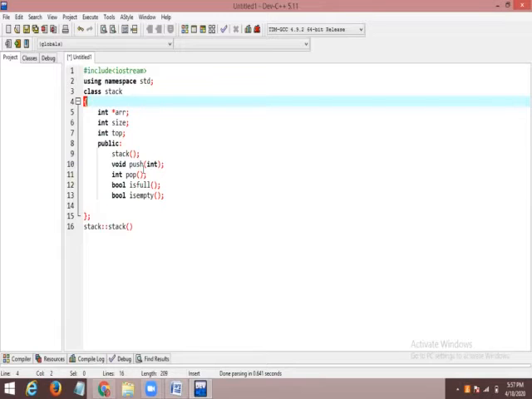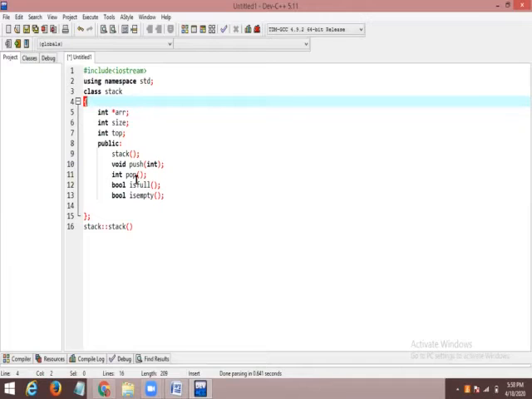Why push and pop functions? Just now I said last in first out. Whenever a value is entering into the stack, it is a push operation, and whenever it is coming out, it is a pop operation. When it is push, it is an empty container, and before the value enters it is empty. So that is the reason I took void as the return type. And why I took int inside the parameters is that after entering into the container, some space is filled. So for that reason I took int.